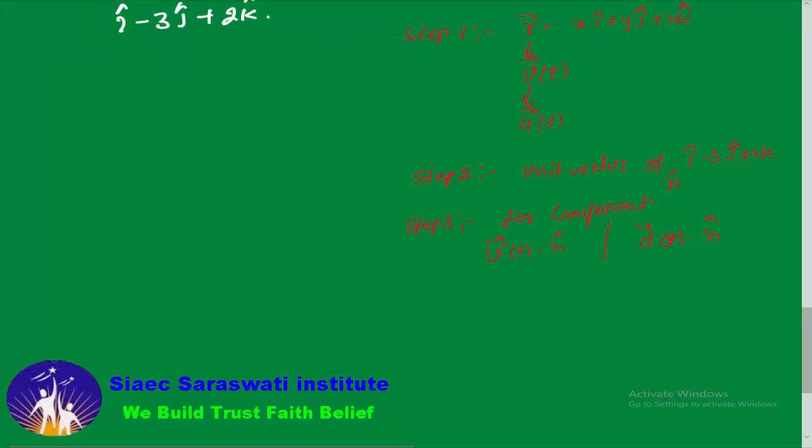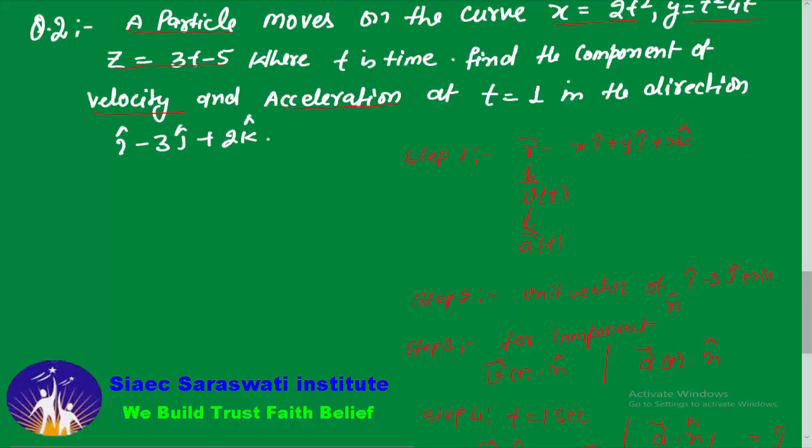And then after step number 4, we will put the given time t equal to 1 second. Okay, then there will be vector v dot n cap at t equal to 1, same as that vector a dot with n cap at t equal to 1. So that will be the final answer. Okay, so उम्मीद करता हूँ कि ये लॉजिक आपको समझ में आए होंगे। चलिए इसी चीज़ को हम लोग सॉल्व